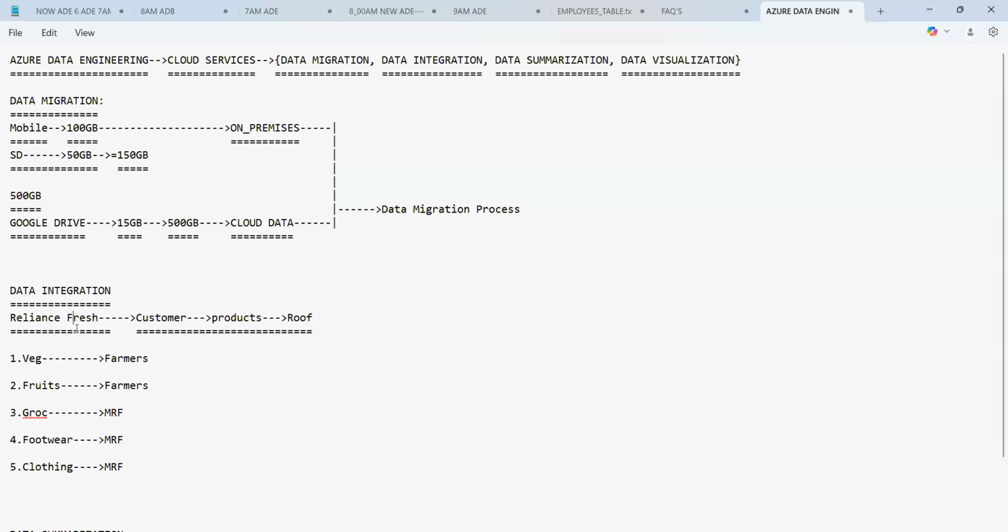In the same way, guys, these are all various products manufactured, produced, farmed or cropped by various vendors. From these vendors, Reliance Fresh is taking them up and placing them under one roof.